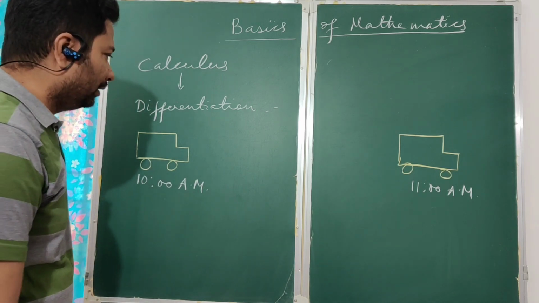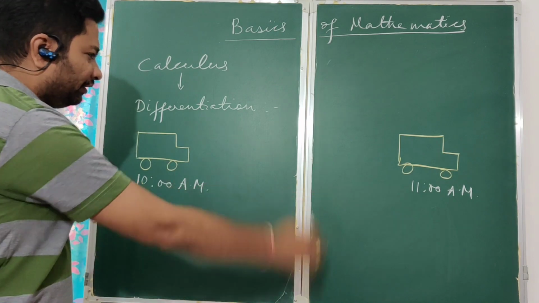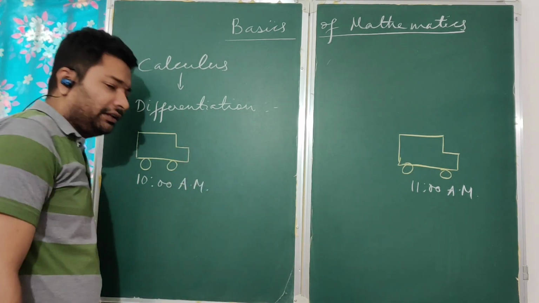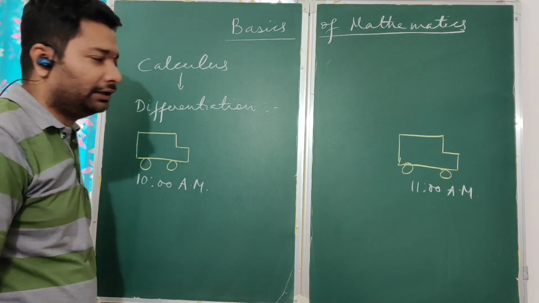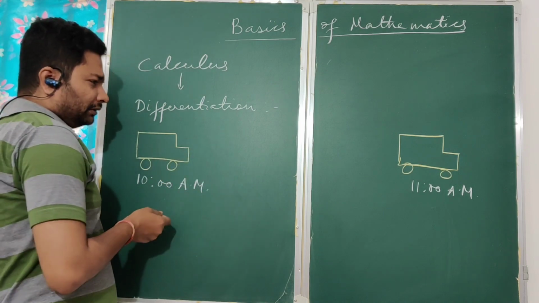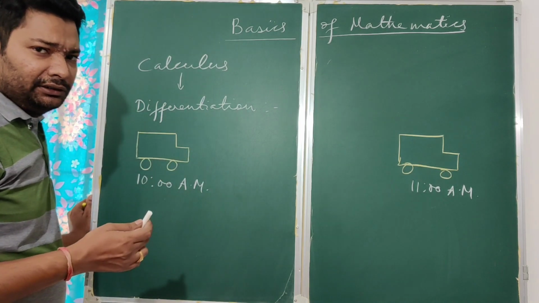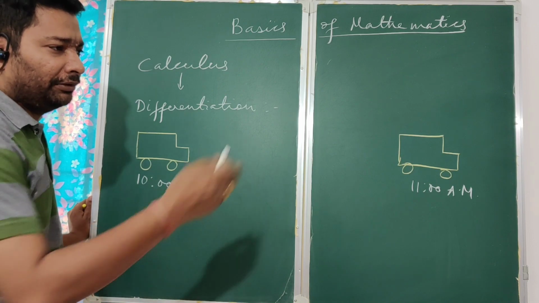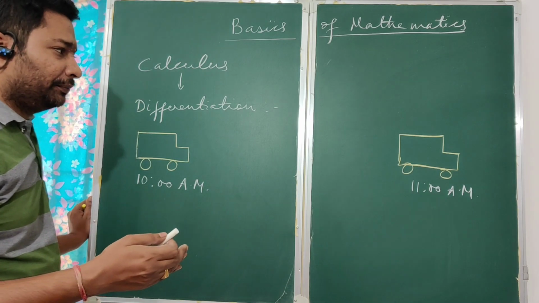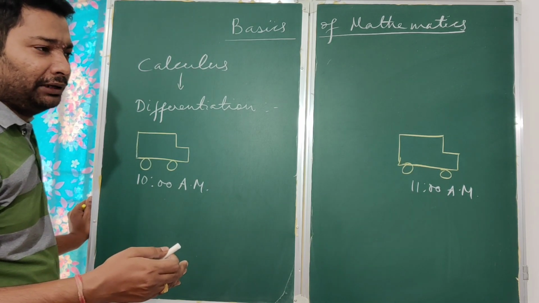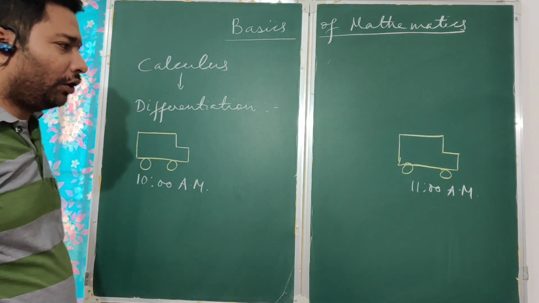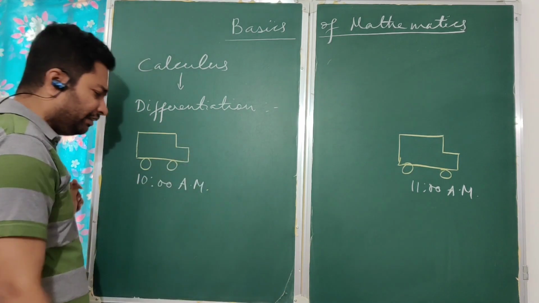Now, I want to find out how much total distance has been travelled by the car. I have told you that it has walked on, let us say, some straight road. I am just simplifying the problem. It has walked on a straight road which may be full of traffic. You can imagine the way you are walking on some straight road and in between you find a lot of traffic, you find traffic signals, and then you may find some people have blocked the road, or somewhere some construction work is going on. So let us consider all those things in this example.